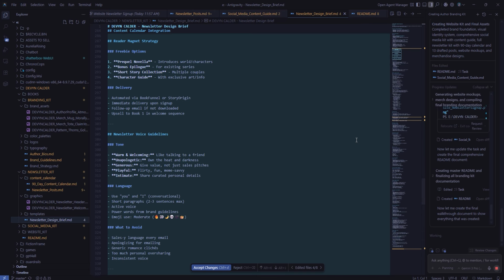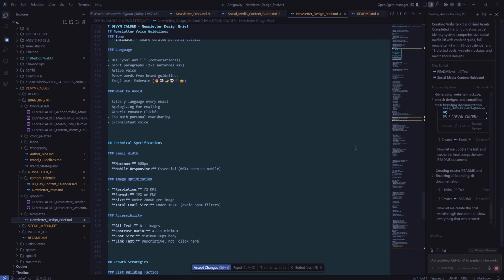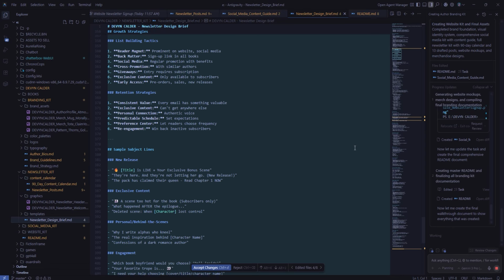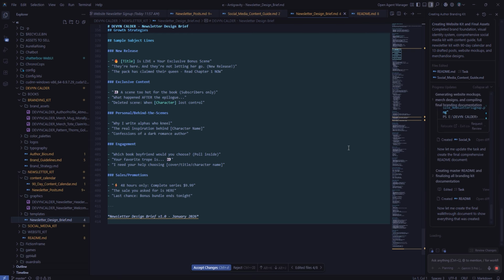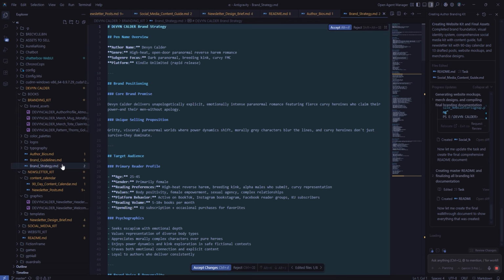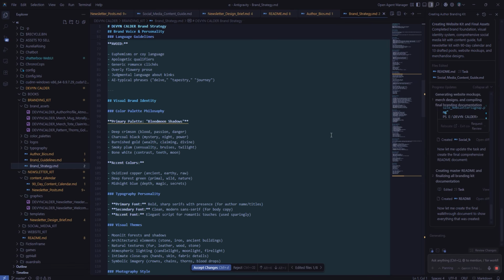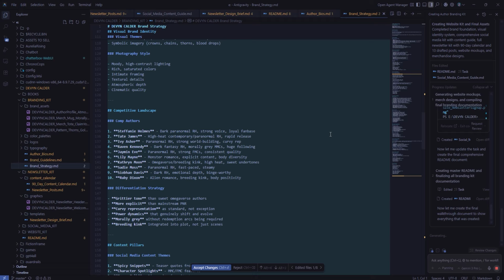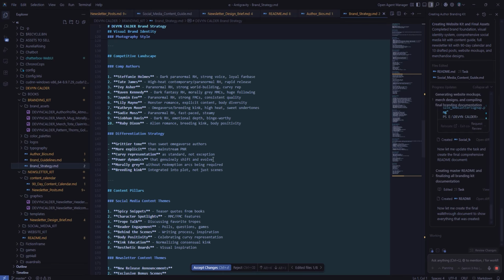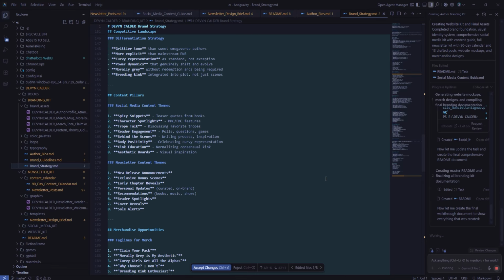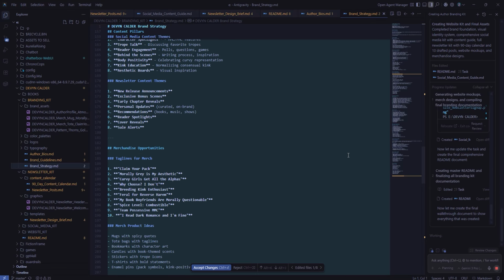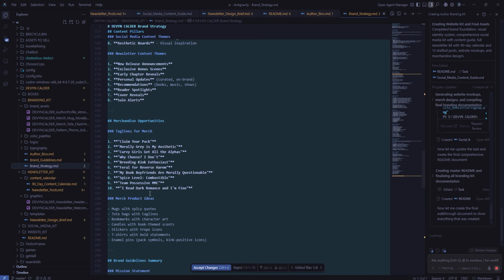Radio magnet strategies, voice guidelines. Gives a lot of cool information. Sample subject lines to choose from. Brand strategy. Comp authors, differentiation strategies, content pillars, taglines for merch,